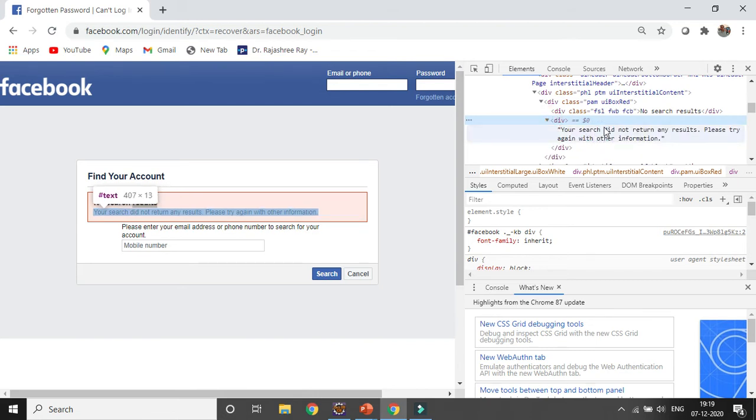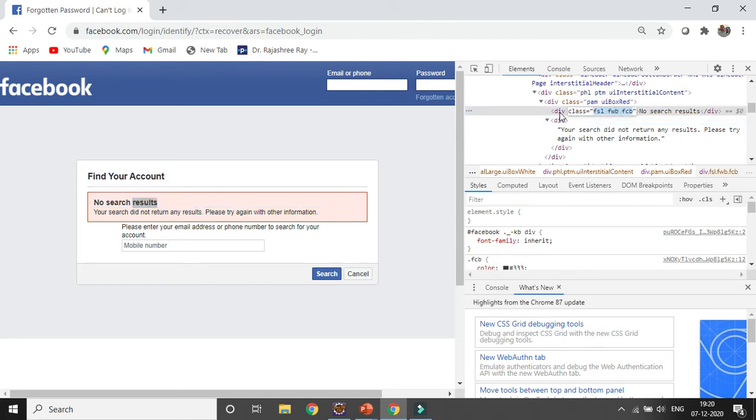So, okay, I have to go from the parent level. This is my parent level, and this is my child, and this is also a child, right. So I will first create an XPath for the parent one. If you select the parent, it is showing no such result, and after that I will use following-sibling, because these children are all under the same parent. So first let's create the first one.